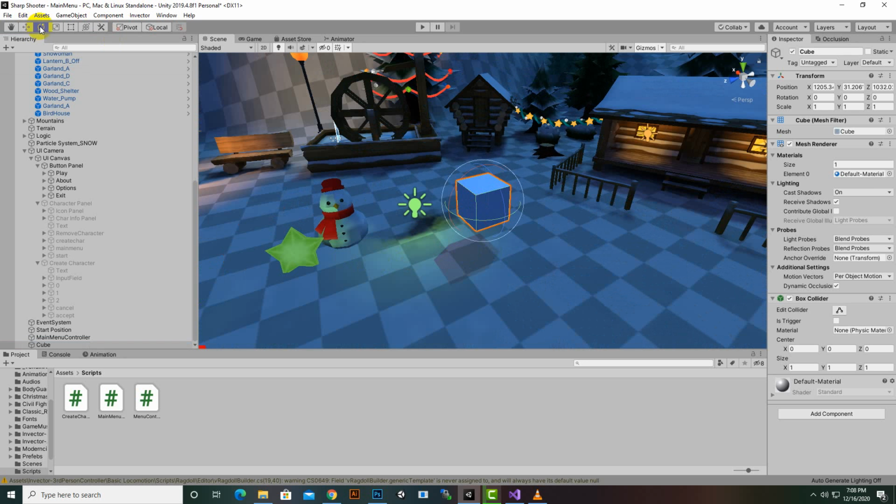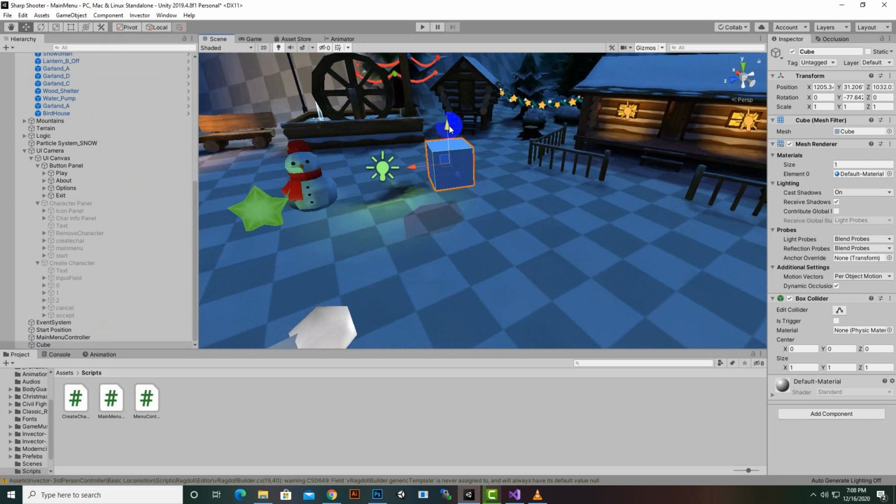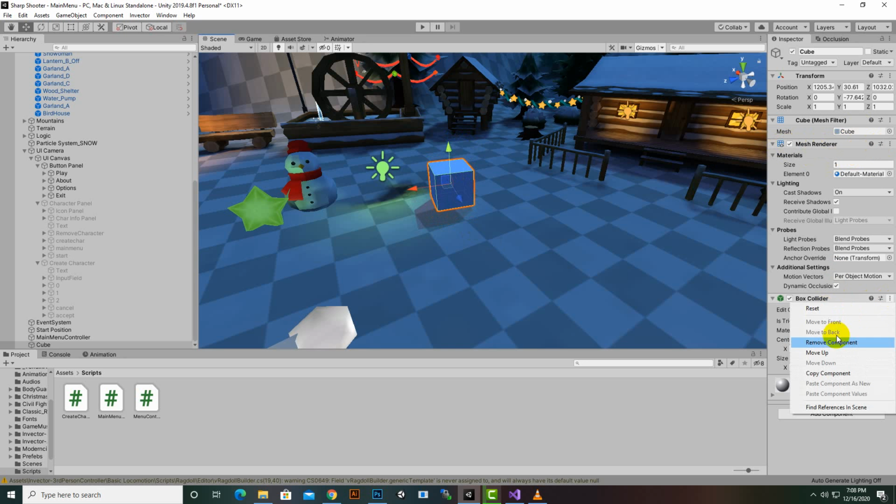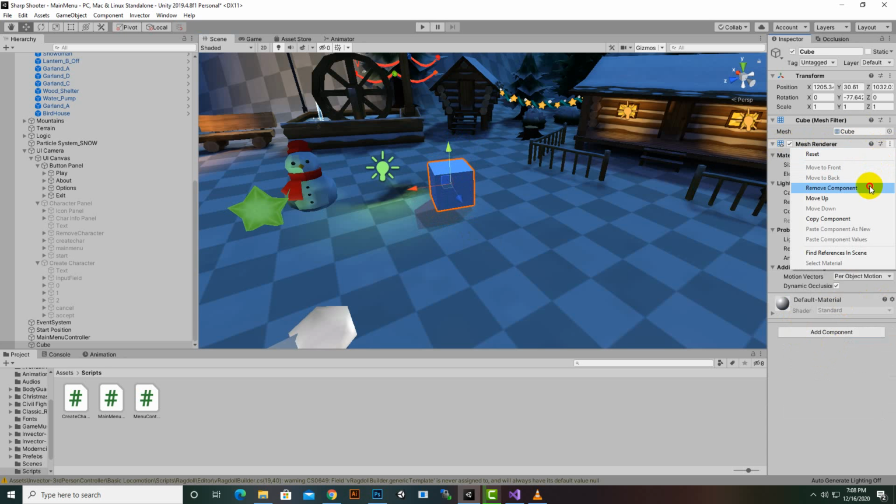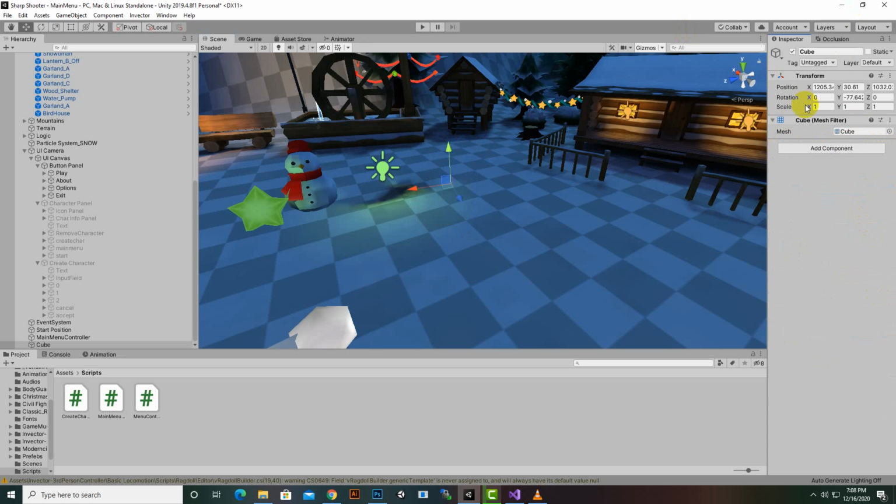So we will rotate this cube like this, because its z-axis is towards this side. So here we want to spawn our character, so we can place it here, and now we can delete the mesh renderer, and I will delete the box collider as well. We don't need it at all. We only need the transform,